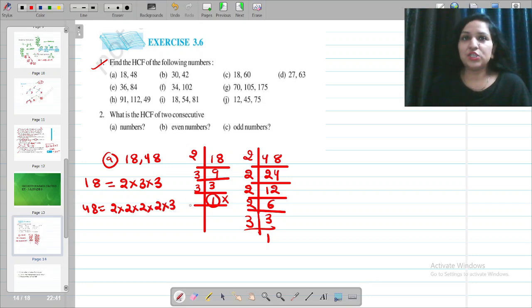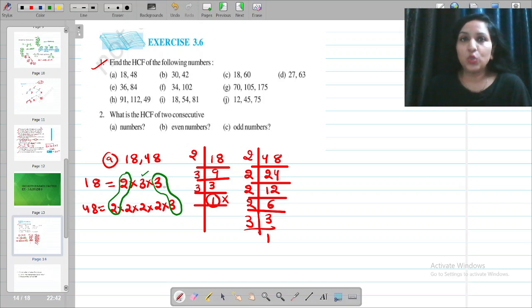After prime factorization, now the most important step that you have to understand, we have to make pairs of the similar factors. It should be the number or the factor which is common in the prime factorization of both. Now have a look here. We are having 2 here and 2 here. Have we got one pair? We are having 3 here and 3 here. We have got another pair. Now I am left with 3 here, but we do not have any pair for 3. We are having 2's here, but no 2 at the top. So we are having just 2 pairs.